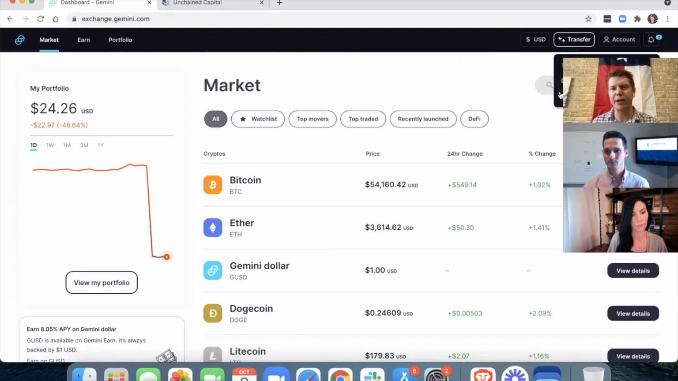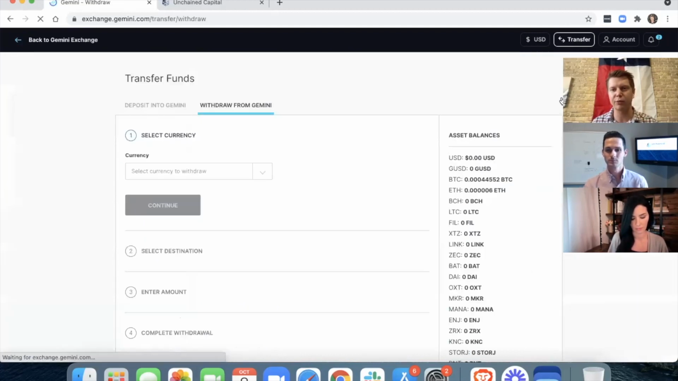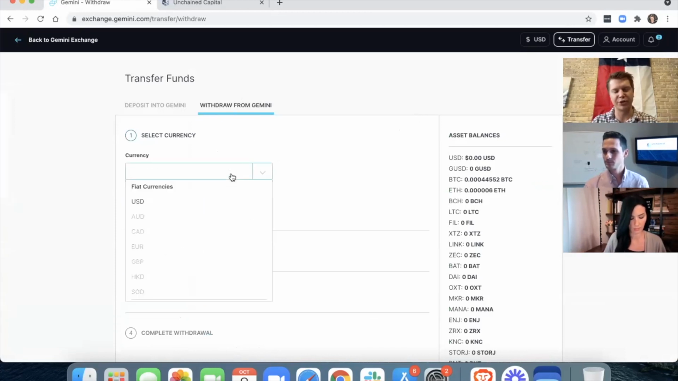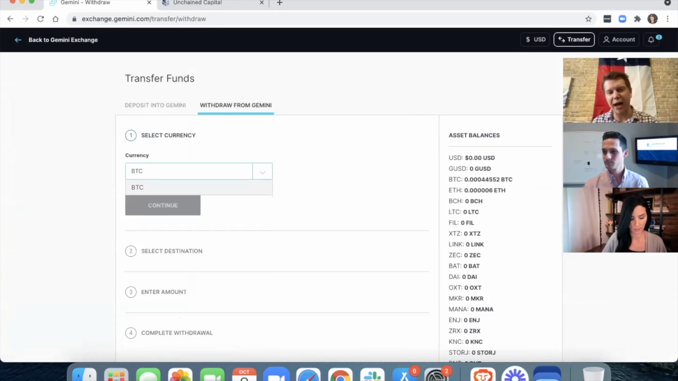And on this transfer menu, the very bottommost option here is withdraw from Gemini. So I'm going to go ahead and select withdraw. And then I'm taken to this transfer funds page where it says withdraw from Gemini. So I'm going to select the currency I'm going to withdraw, which is of course Bitcoin. So I could type in BTC right here and just select it, and go ahead and select continue on this